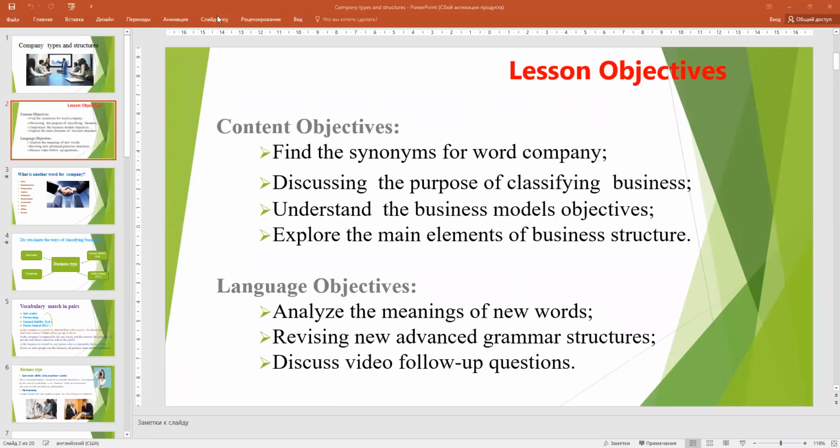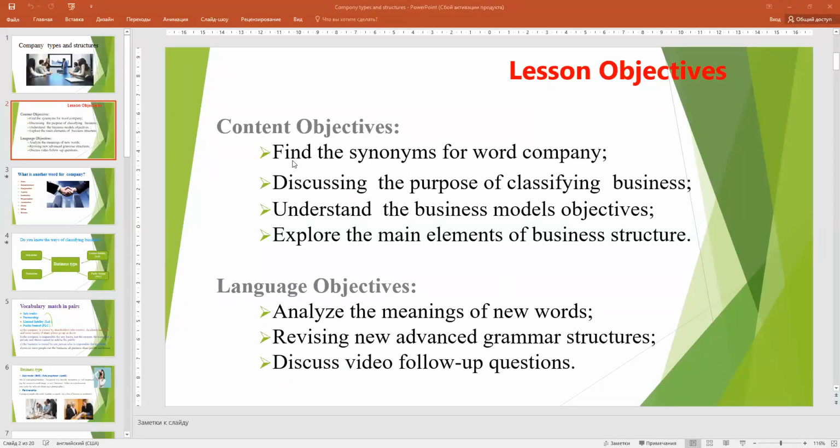Today's lesson objectives, as you can see here, contain two categories. The first category is about the content objectives, and the second category is the language objectives. Content objectives are intended to give you detailed information about your content knowledge. For example,